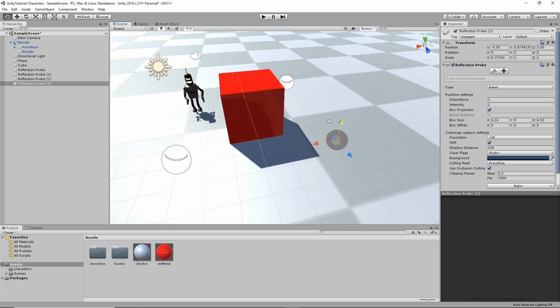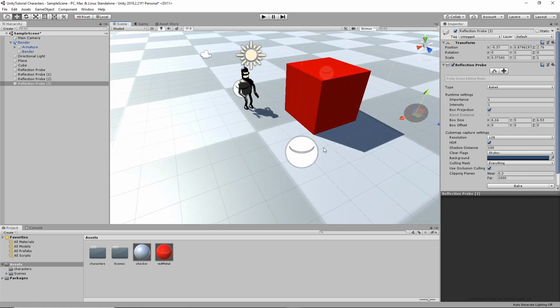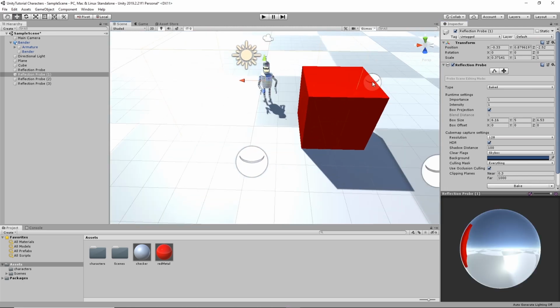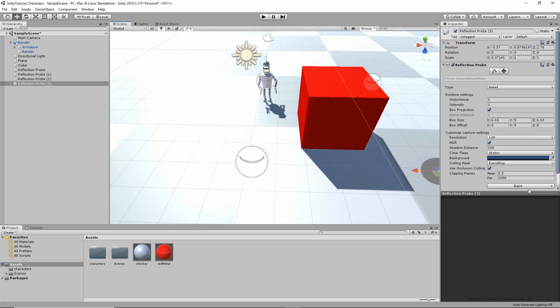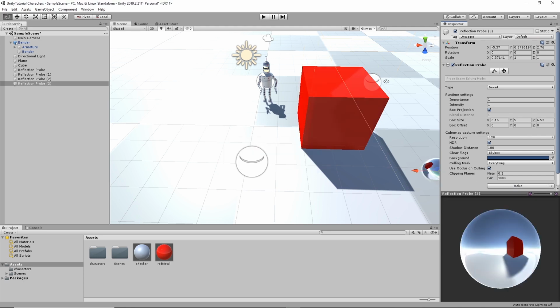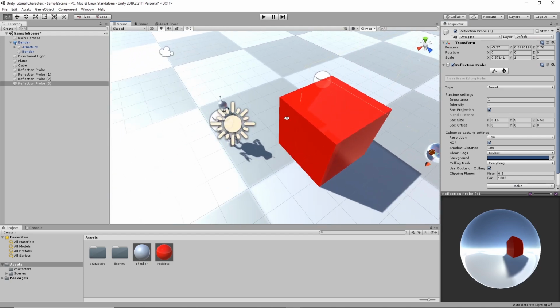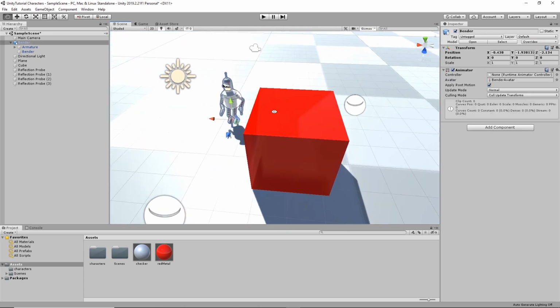And just put a probe on each side of the cube. What will happen is, as he moves from projection to projection to projection, he'll slowly transition, a blend between all of the different reflections. So let me bake all of those. So now we have a cube that's getting captured from 4 different probes at 4 different positions. And if we move him,